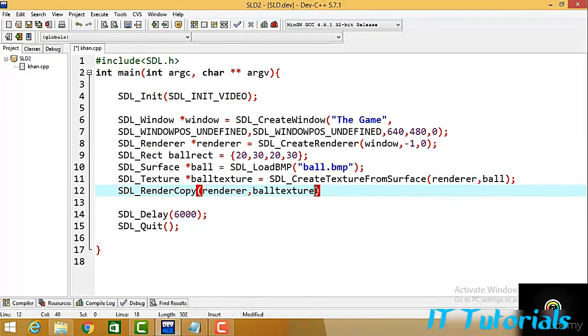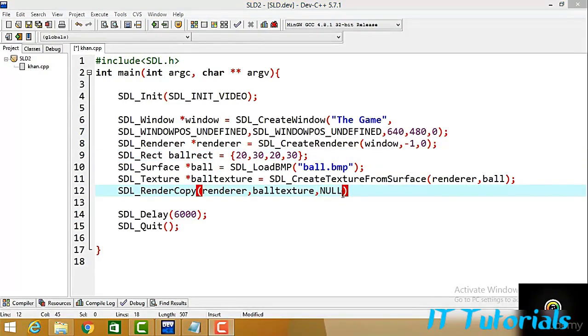Now the third and fourth parameter is concerned about the location of your image on the screen. The third parameter demands that, okay, I know I need to place the image on some area on the screen, but from where I should get the source so that I can place that texture on a specified location. And since we have directly specified one source, and it is 20 along x-axis and 30 along y-axis, no need to get any source from anywhere, from my computer or any other place. So just type here null,